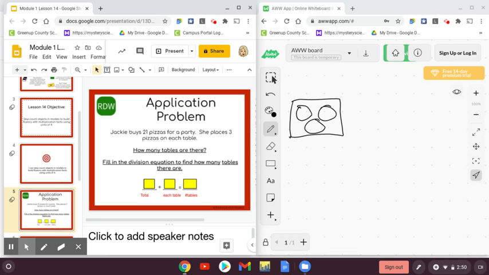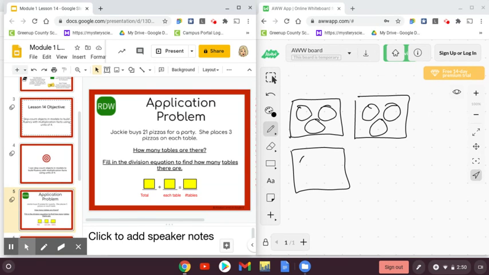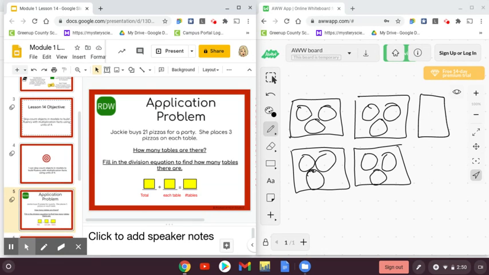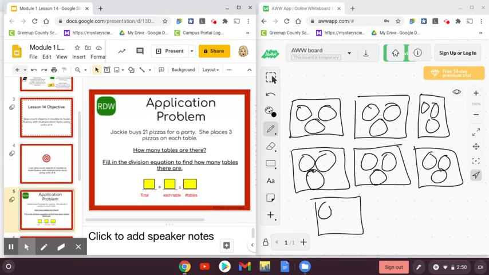So I'm skip counting, right? So here's another table with 3 pizzas. So that makes 6 pizzas. Another table. So that's 9. 3, 6, 9. 12. 15. 18. And 21. So I can stop there because I have 21 pizzas. So if I'm writing my division equation,